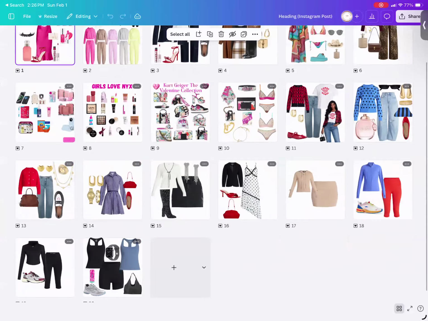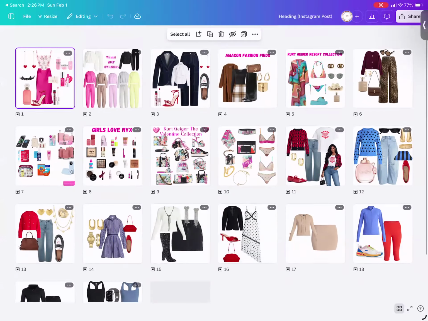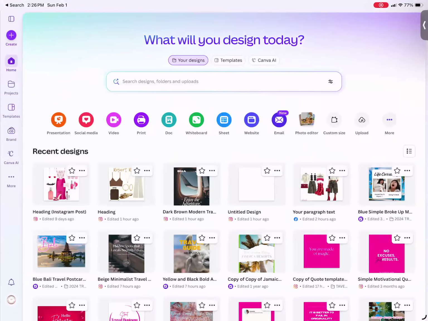All right. So what we are going to do now is we all are going to create our first style board together. All right. So what you want to do is go ahead and pull Canva up. If you're in Canva,